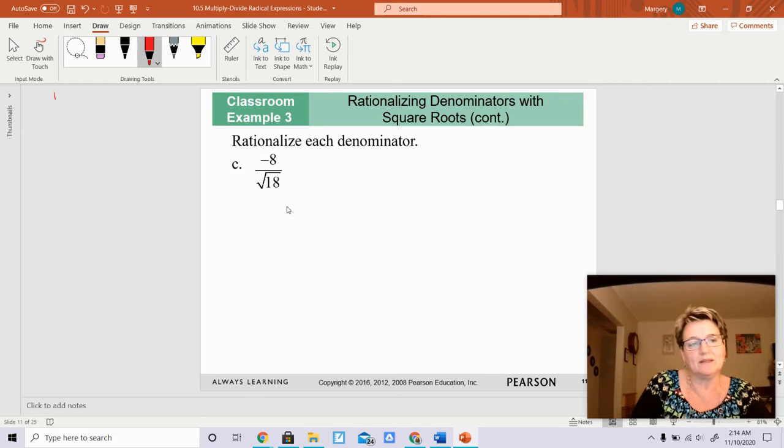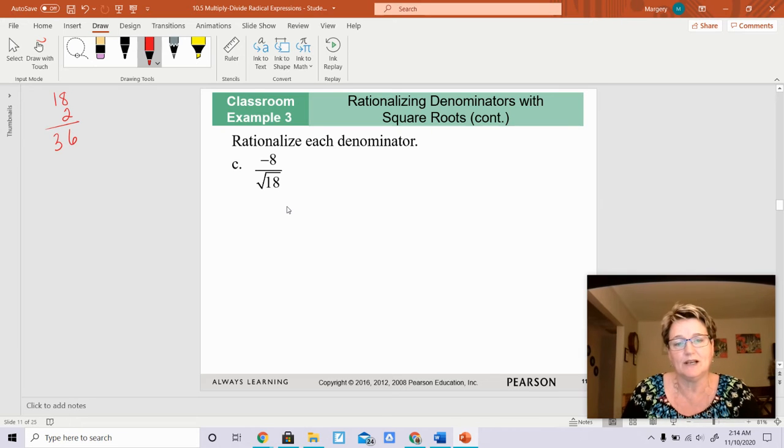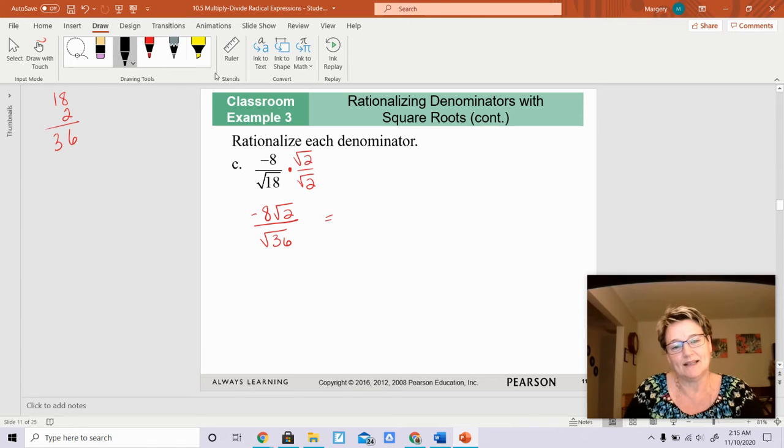So if I were to multiply 18 by 2, I would get 36. And I know that the square root of 36 is a perfect square root. So what I'm going to do is multiply this by the square root of 2. Whatever I do to the bottom, I must do to the top. So what you're going to end up with is the square root of 36 under negative 8 square roots of 2. So we know that the square root of 36 is 6, and I have negative 8 square roots of 2